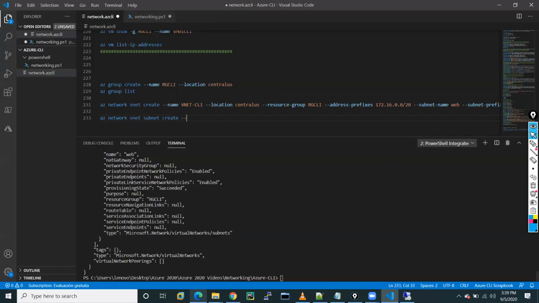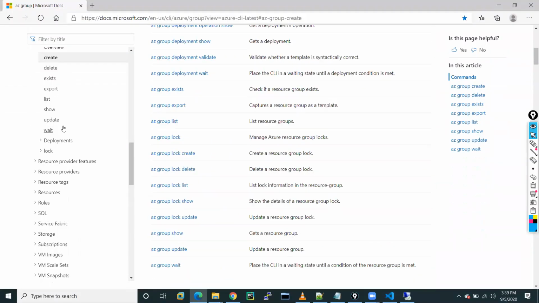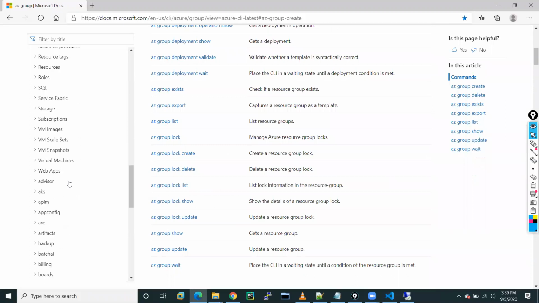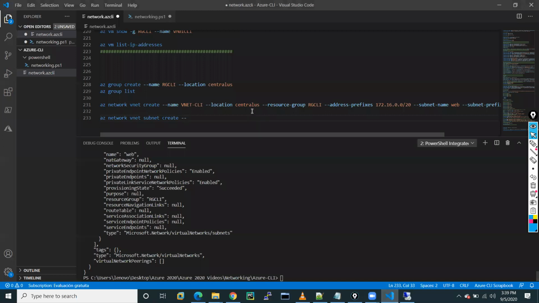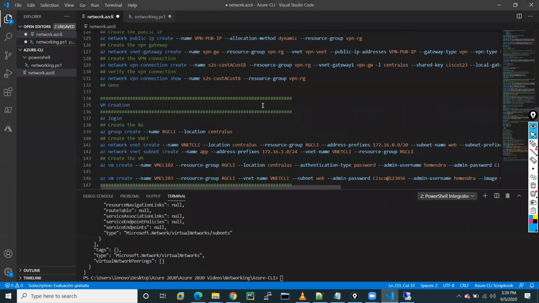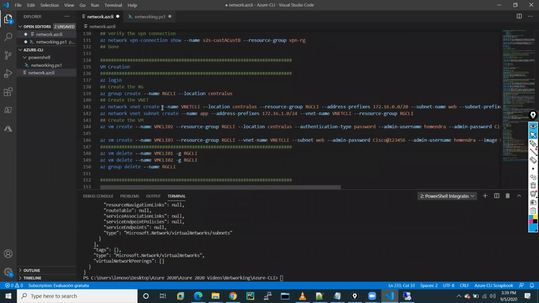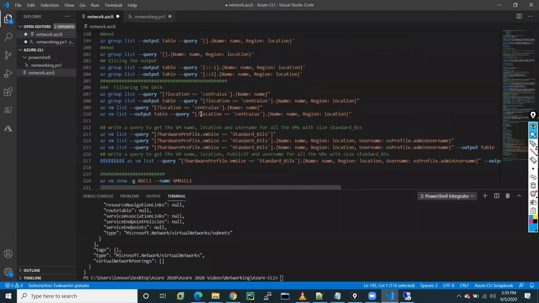Because I don't remember all the commands, I always follow the document here. If you want, I have a few commands for doing the same thing. Like if you want to create a subnet, you can use this particular command. Generally, when we are working on automation, we will use these commands.